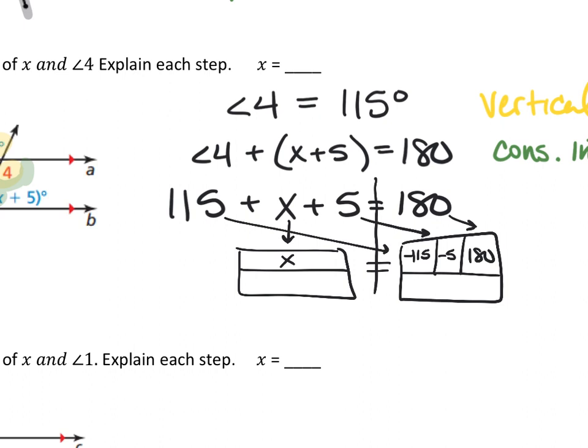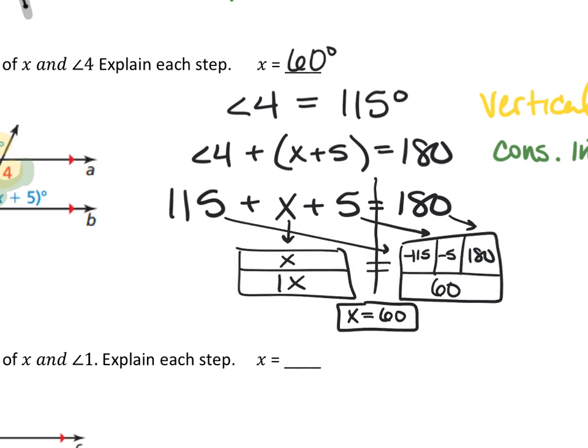Okay. The only thing that's weird about this is that there's nothing to add together on the x side. Don't panic. You just write it down again. If there's nothing to combine, don't combine anything. Negative 115 plus negative 5 plus 180 is 60. So what is the value of x? Oh, the coefficient of x is 1, which means we would divide both sides by 1, but 60 divided by 1 is still 60. So x is going to be equal to